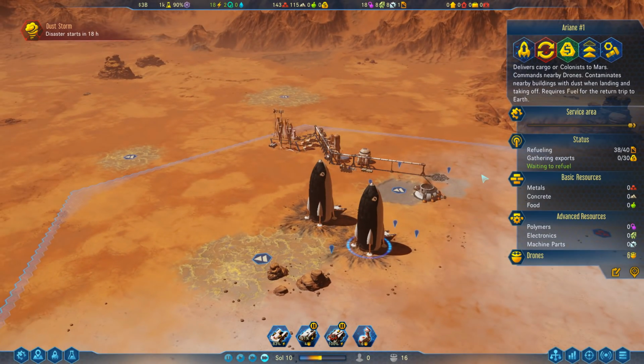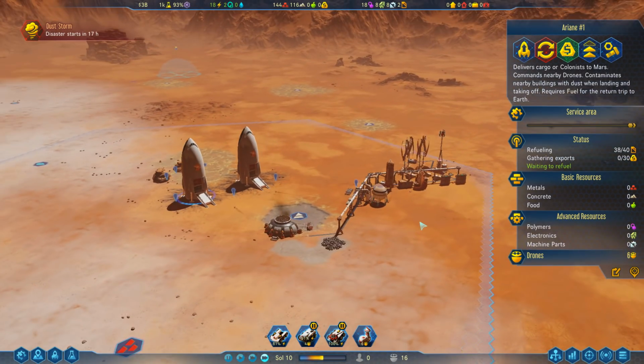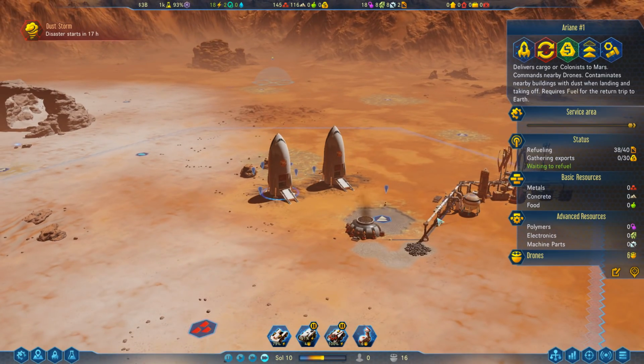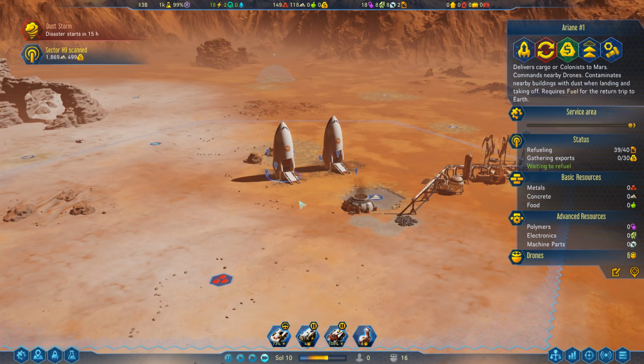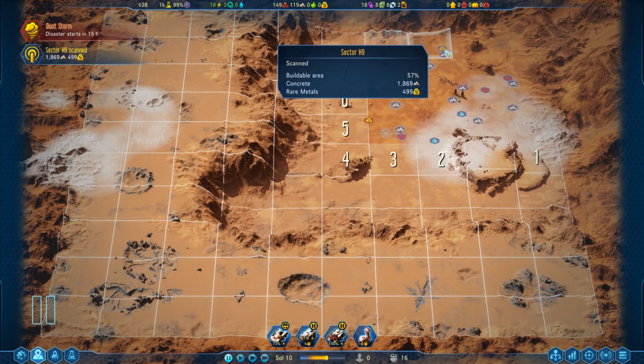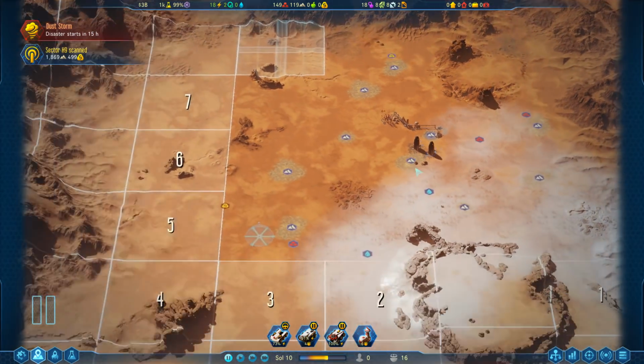So only 40 fuel required, and we're almost done fueling this rocket. So we're about to launch one. Dust storms last anywhere from 1 to 2 full days. Sometimes a little bit longer than 2 days. Hey, whoa, whoa, whoa! There are heavy metals up there. Oh, that's fantastic. Holy crap. All right, so...